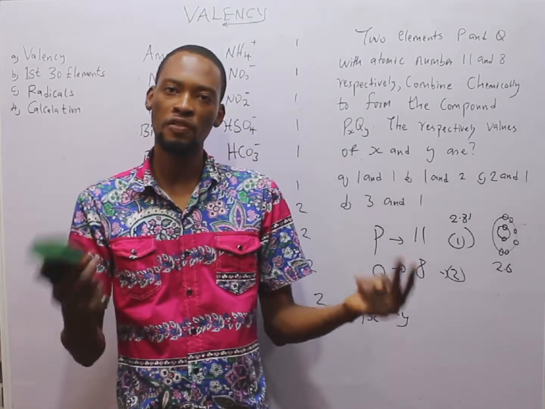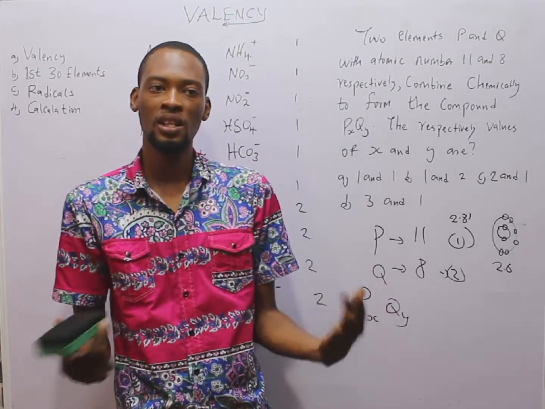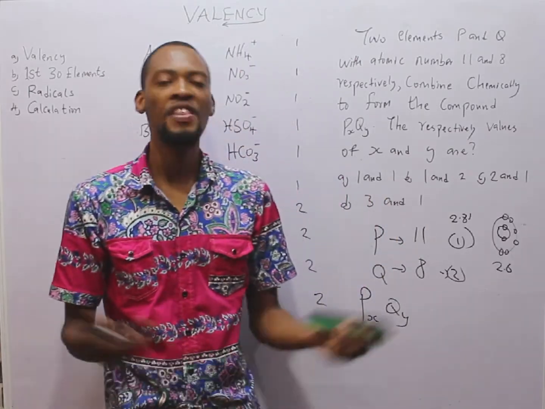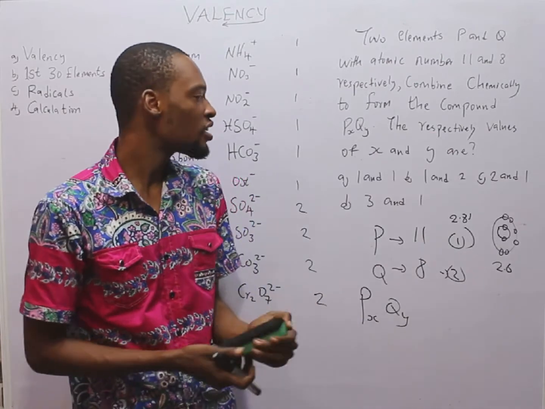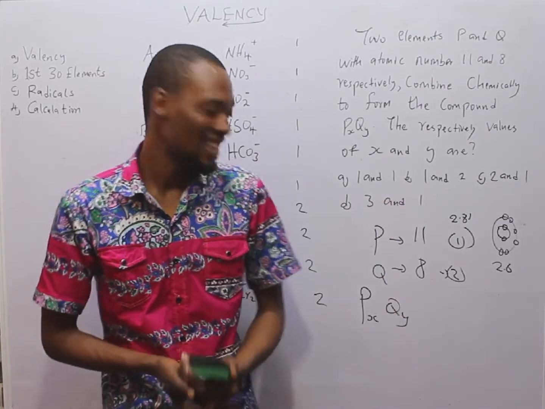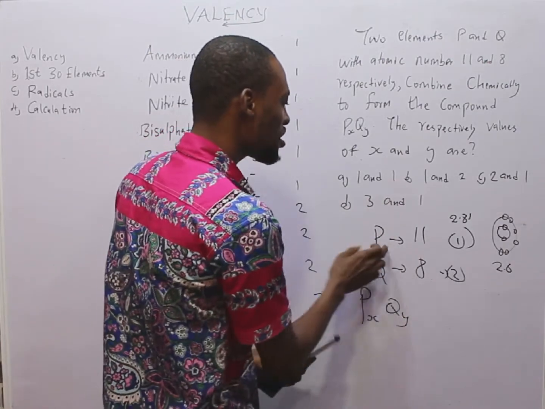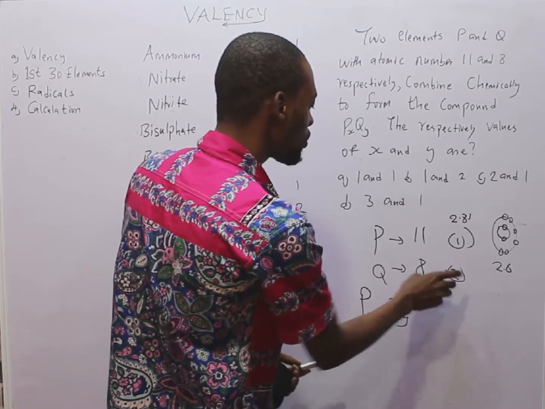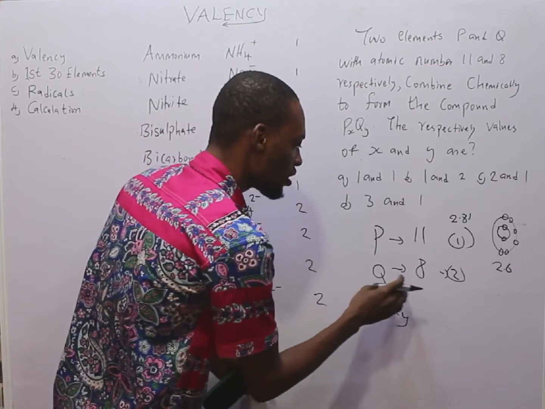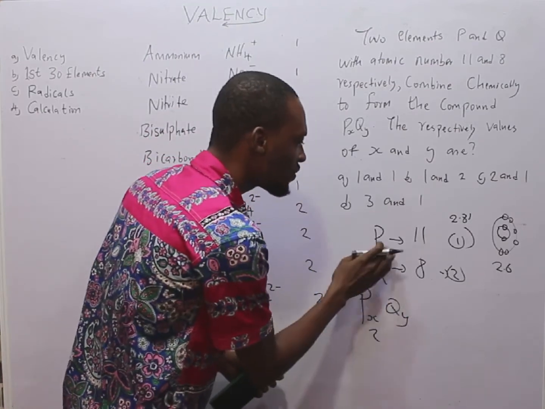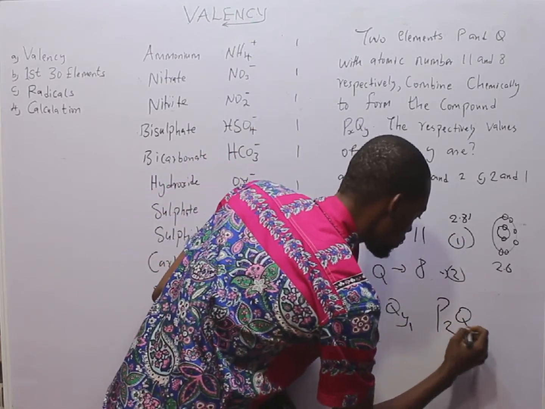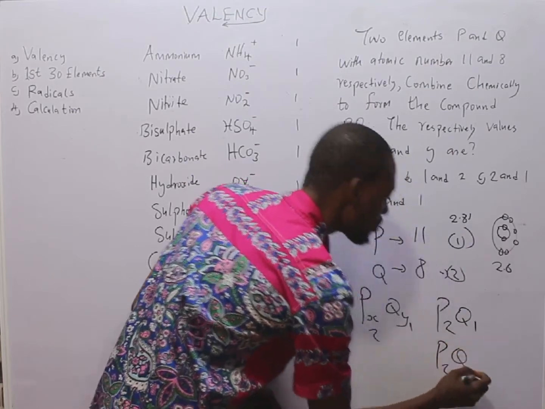Group 7, we have valency of 1. Although they are supposed to be -1 if you are talking about the oxidation state. But in valency, just put the number. I think I've emphasized that enough. If they ask you for valency and you put the one with plus or minus in an exam, you failed it. So the valency of P is 1, the valency of Q is 2. s here will simply be the valency of Q since there is exchange of valency. So that is 2. y here will be the valency of P, which is 1. The compound formed will simply be P2Q1 or P2Q simply.